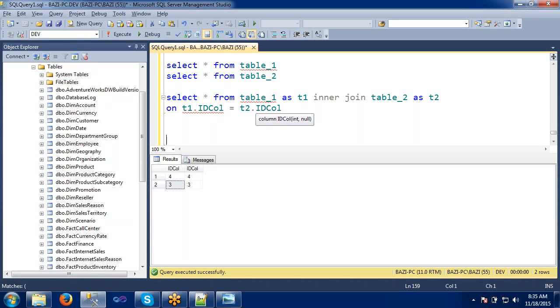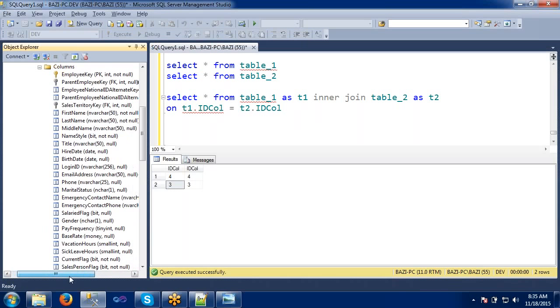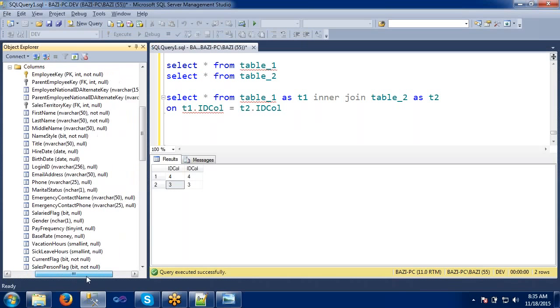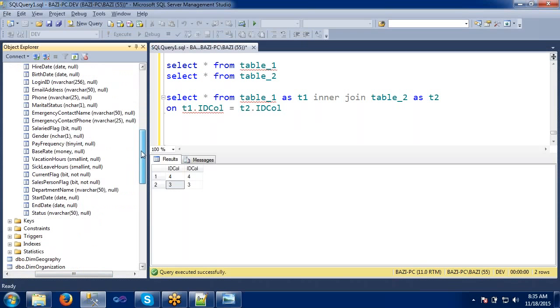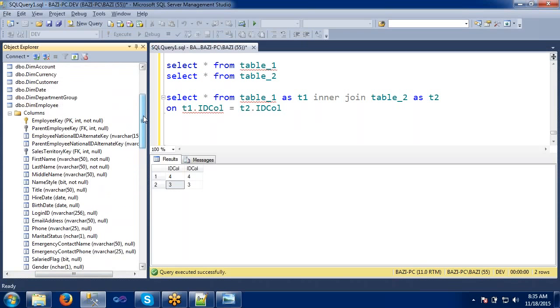Actually, the reason I have given it here is, in future, let's say I have a table, I will show you one table here. See, if you look at this table, how many columns are there? More than 30 columns, right? This is the employee table.